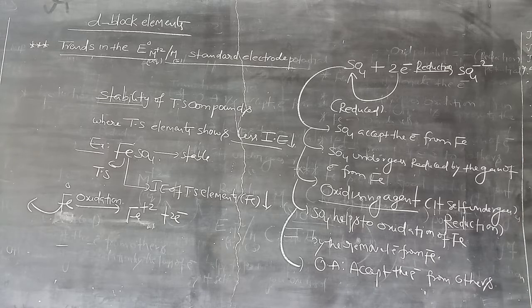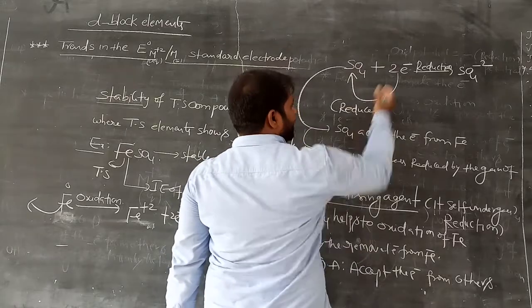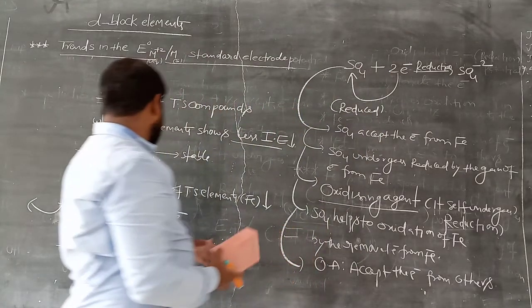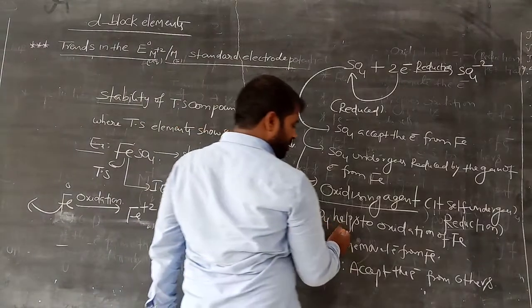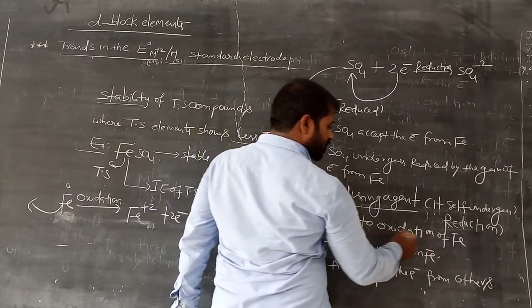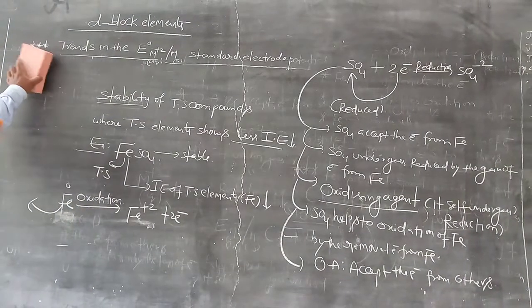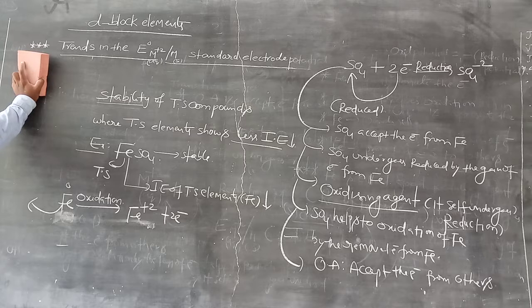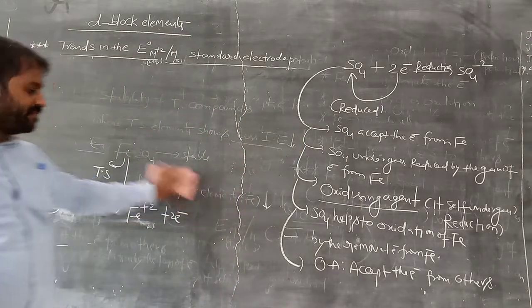An oxidizing agent accepts the electrons, so it gains electrons, which means it undergoes reduction. Then the other compound undergoes oxidation. Clear? So here SO4 is reduced, SO4 is the oxidizing agent. Why does it accept electrons? In this manner, iron undergoes oxidation. So SO4 is an oxidizing agent. It causes oxidation of iron. Clear? Is it clear, students? What is the difference between reducing agent and oxidizing agent? Read two or more times, then you get clarity. Don't confuse.